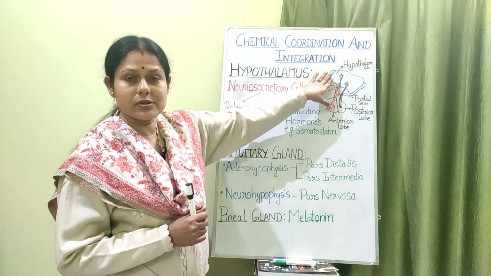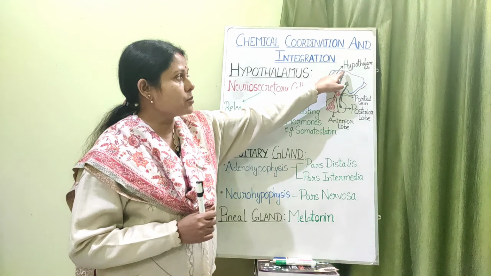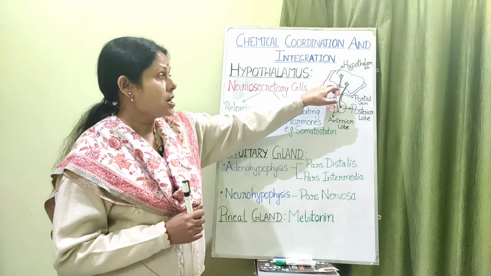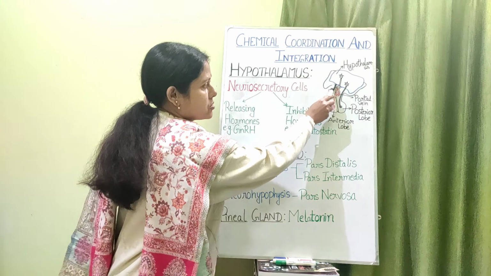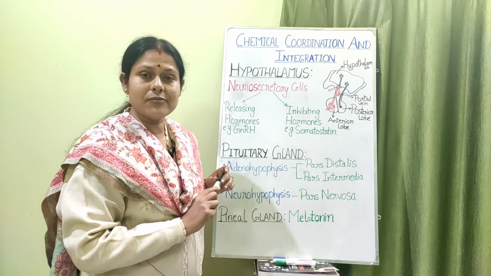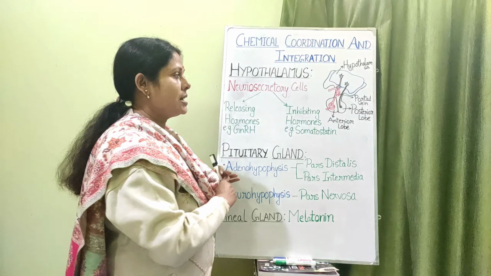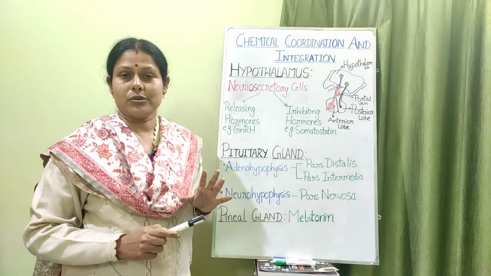Now this is a diagram which is given in your NCERT, which I have drawn here. You can see that this portion is the hypothalamus. Now the hypothalamus has a stalk. This portion is the stalk. This black colored portion is the stalk, and the stalk is known as the infundibulum, with which is hanging this pea-like structure, the pituitary gland.